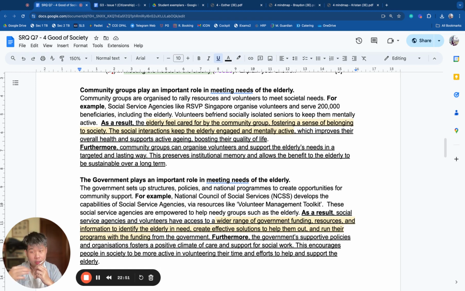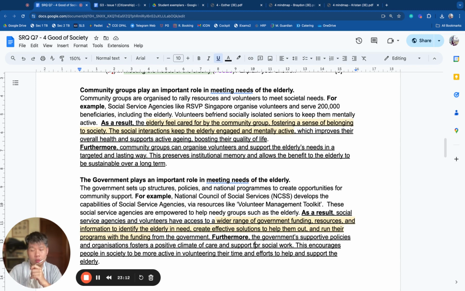So realize that this is an ecosystem where two groups interact, and there is an interaction effect, right? The whole is greater than the sum of its parts. The interaction effects increase the impact. And so this is a perfect example of an interdependency that leads to a balanced conclusion.